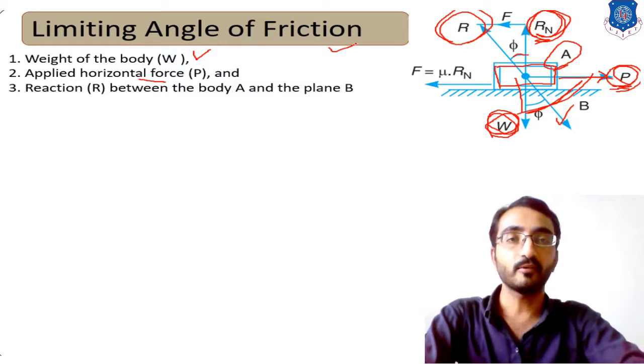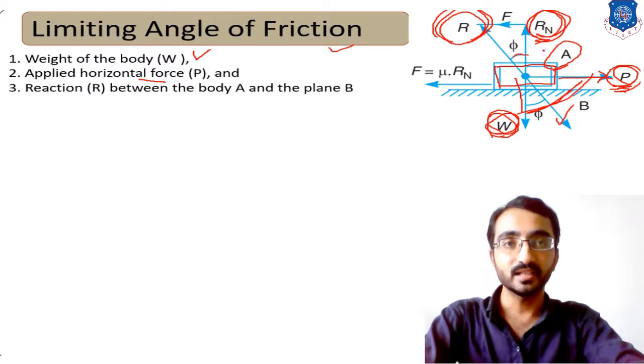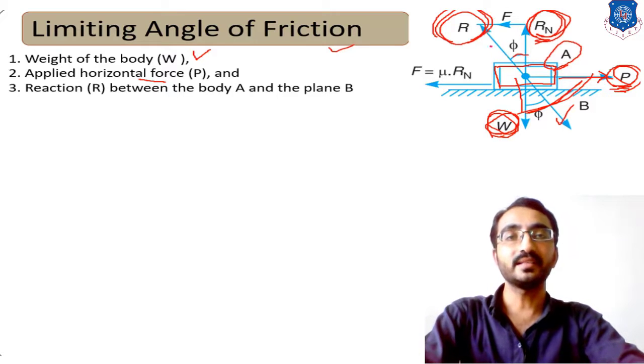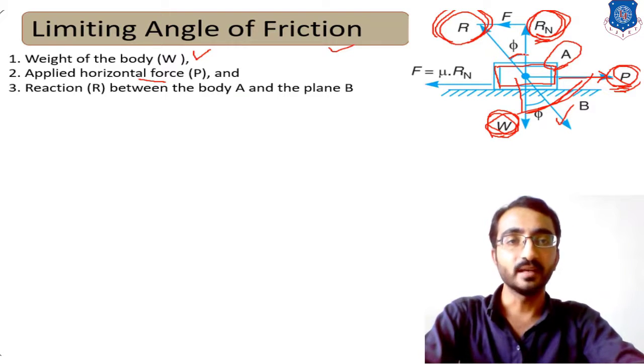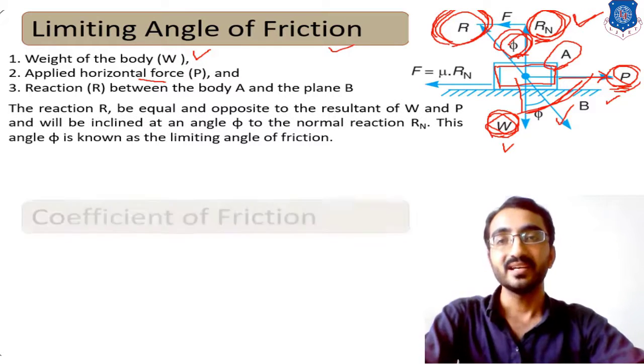From this diagram we can refer to the angle between the resultant of P and W and the normal. Here, the angle phi is the angle between the normal reaction and the resultant of the two forces, the external force P and W. This resultant force makes some angle phi with the normal reaction, and this angle phi is known as the angle of friction. So we can refer to this definition.